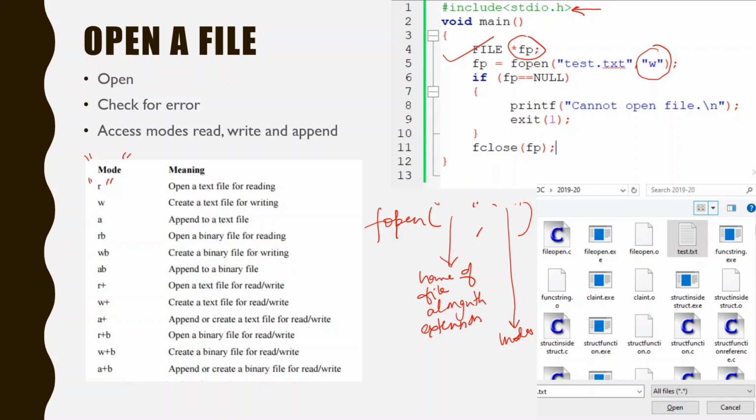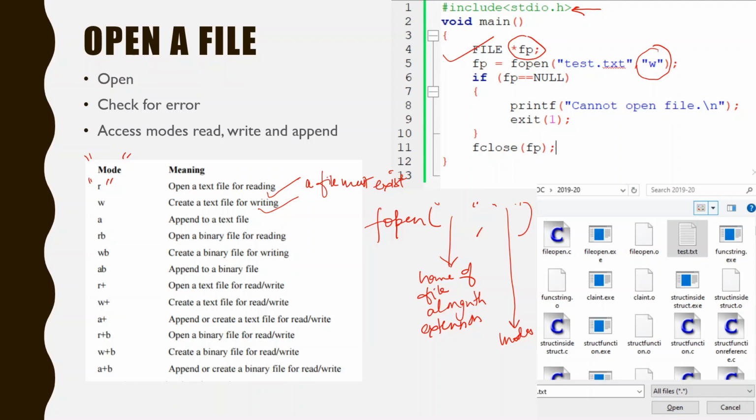There are various modes available. That is r mode, which is specifically for reading of the file. If you don't want to change the content of the file and only want to read it, then you are going to use the reading mode. And then there is writing mode. There is a difference between the reading and writing mode. In reading mode, a file must exist earlier. It means if you want to open a file in read mode, that file should already exist. If it does not exist, then it is going to produce an error.